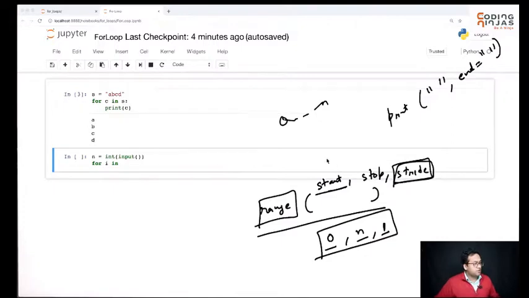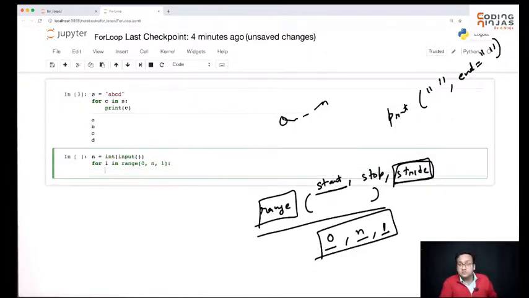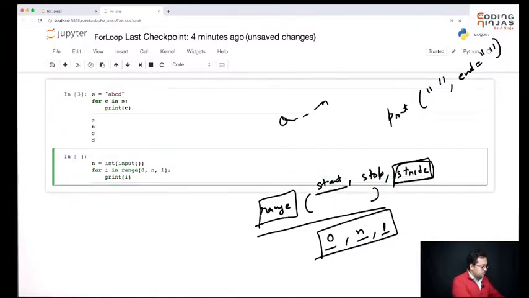Okay. So basically, I'll say for i in range 0 to n with an increment of 1, I want to run this. And range will basically give you, somehow, a collection which basically will have numbers from 0 to n. Not really, there is a slight mistake here, but we'll correct that. Okay. So let's just print i, because we have to print. We have to eventually print numbers from 1 to n, and we will do that. But right now we're doing 0 to n.